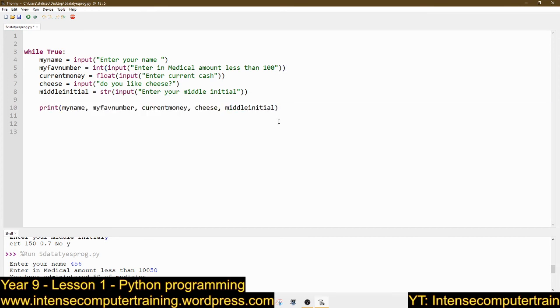But one of the things I asked it to do was to make a sentence out of it all. So this is what we do.